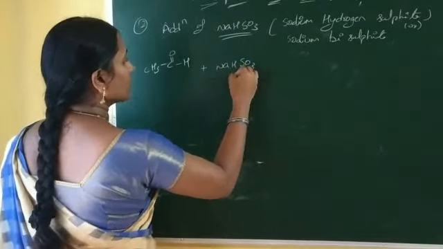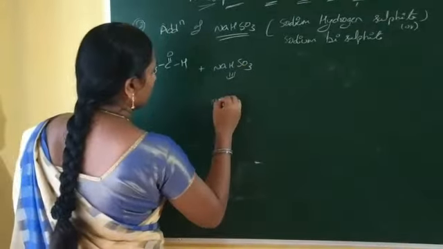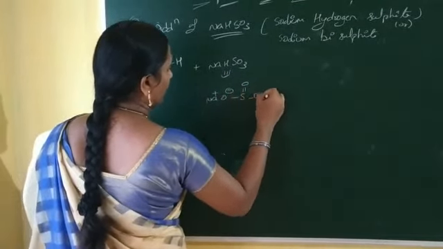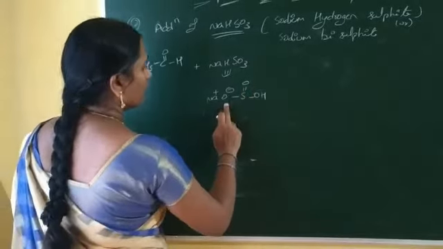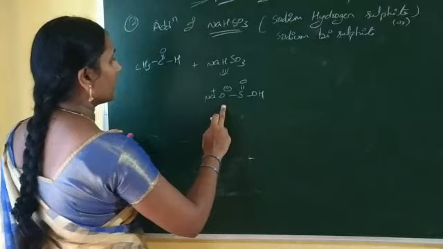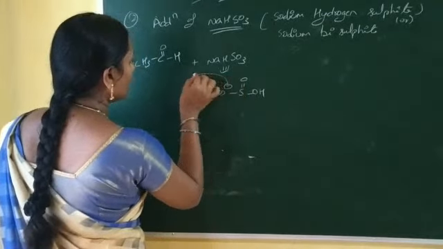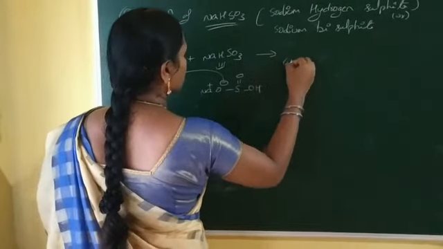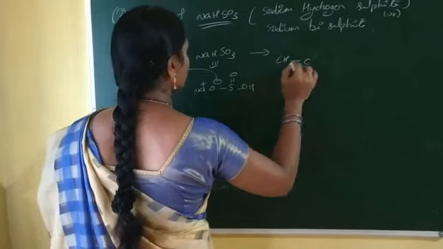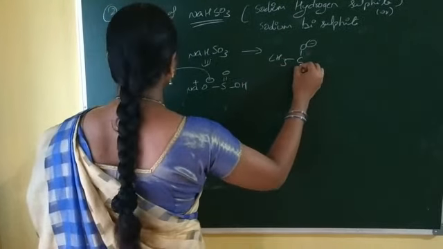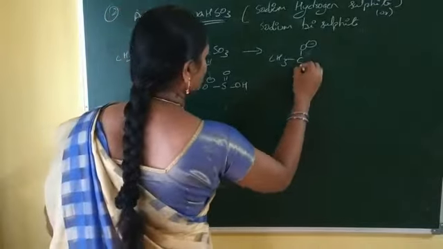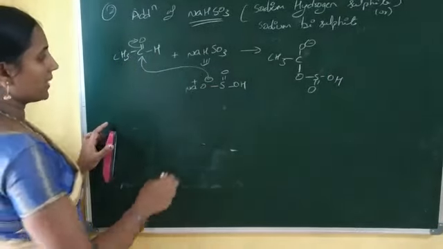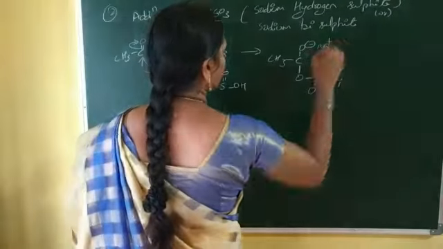The structure of sodium hydrogen sulfite is Na plus O minus S double bond O OH. In this one, this SOOH sulfite ion acts as the nucleophile. That nucleophile directly attacks at carbon. Immediately the double bond shifts to the oxygen side to form the CH3 oxyanion. That means CH3CO minus, and a new bond is formed between carbon and sulfur, OS double bond OH. Now this oxyanion is partially bonded with sodium plus.